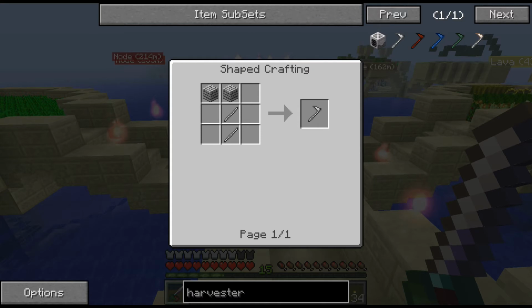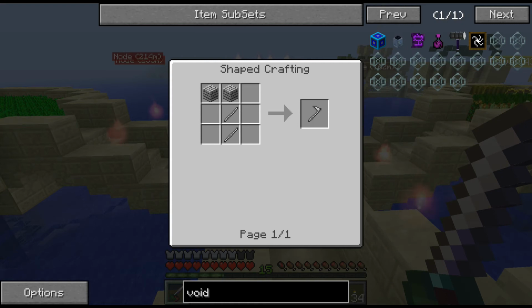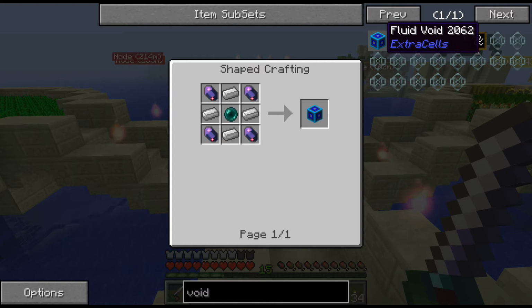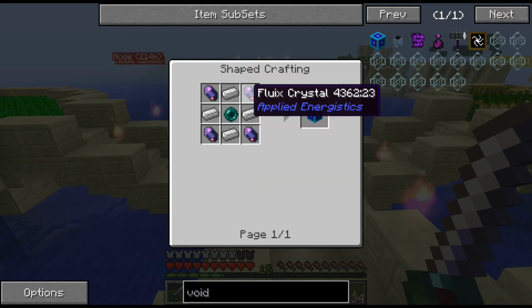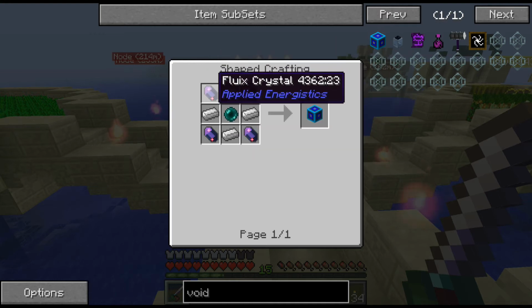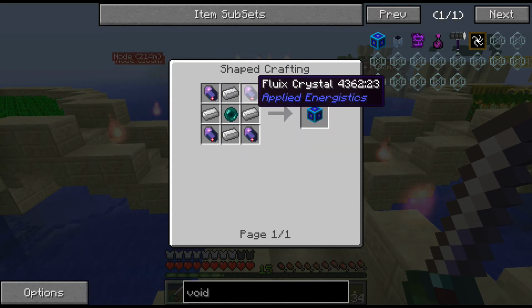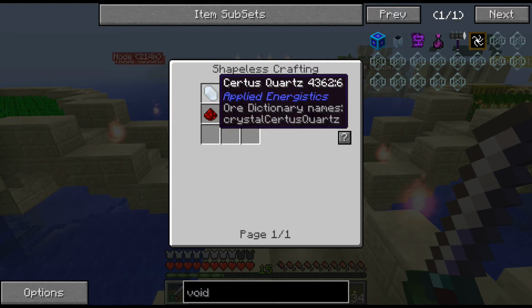Anyway, I'm getting distracted. So in previous versions with the sludge, I've just used a Buildcraft pipe and used a void pipe. But of course, we don't have those. So I'm going to have to make these fluid voids from Extra Cells. Now this is pretty cheap. I may just have the one and pipe the sludge into all of them because there's plenty of faces on it. But basically, you have an ender pearl, some iron, and this Fluix crystal, which is just a